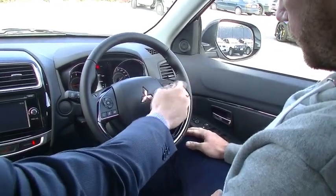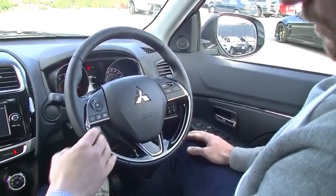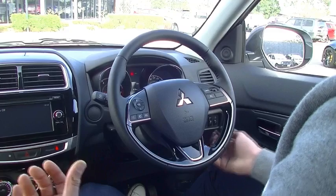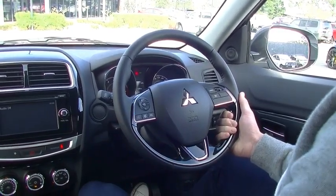You've got cruise control controlled from your steering wheel, voice activated Bluetooth with Bluetooth audio streaming. So if you've got any music on your phone, which I imagine you do,